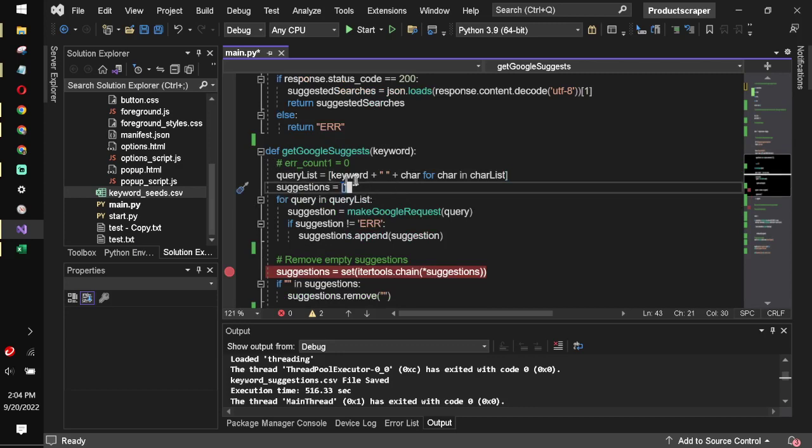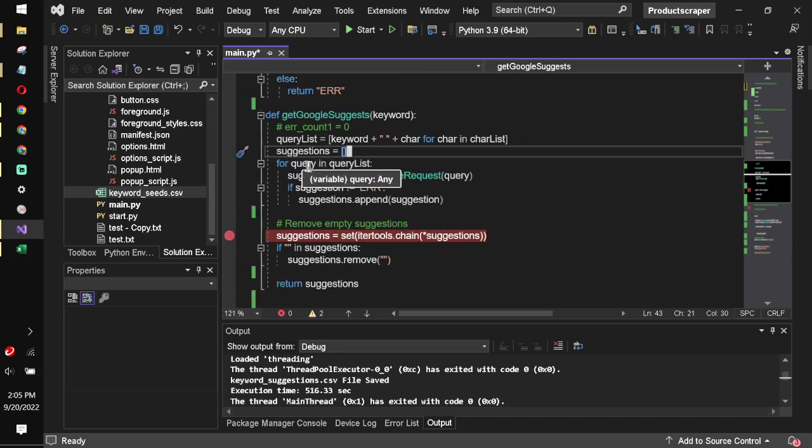So it creates the list with all these added characters, right? Then here there would be the query parameter with the keyword plus one letter, one character, and it does that for all of them. So that would be from A to Z,